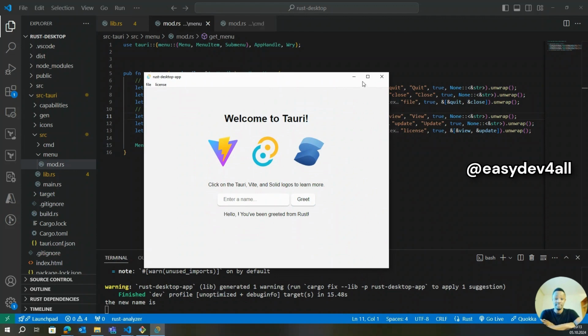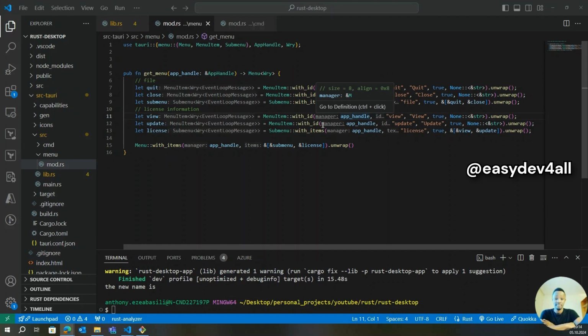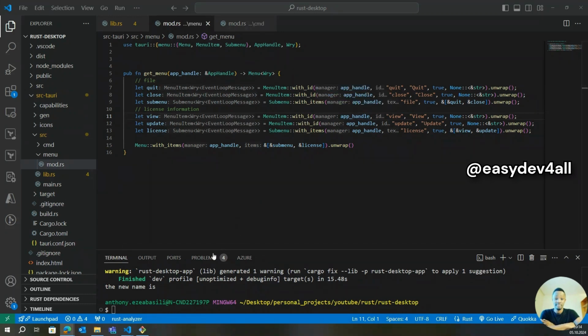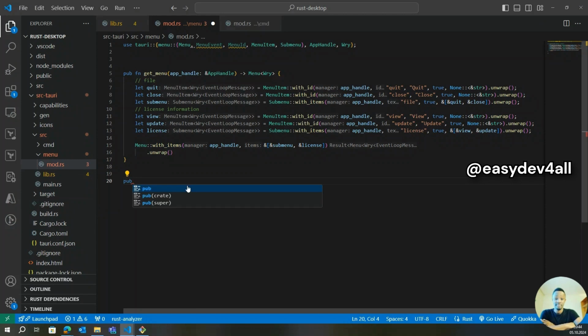But right now, I'm just going to close this, and then the next thing I would like to do, of course, is to show you how we can attach what you would traditionally refer to as callbacks to all these menu items, to have them respond to certain invoked commands coming from our app. So that's the next thing we're going to do right now. So to handle the events, I'm going to come here and create a new function. Just for demo purposes, I'm going to call this handle menu